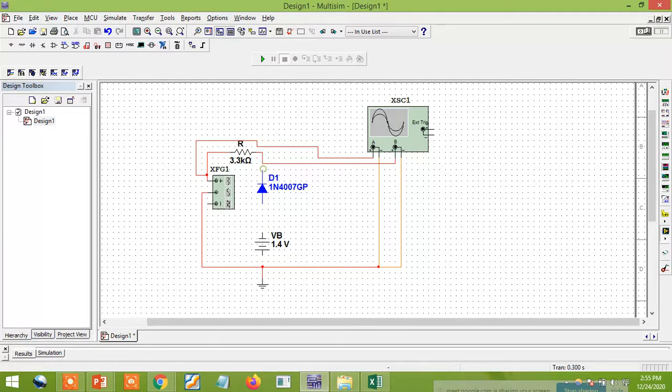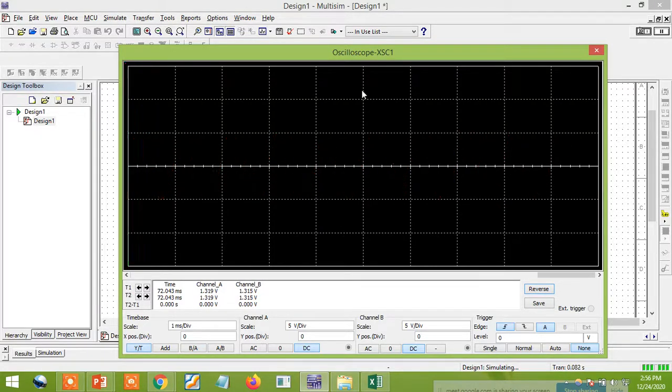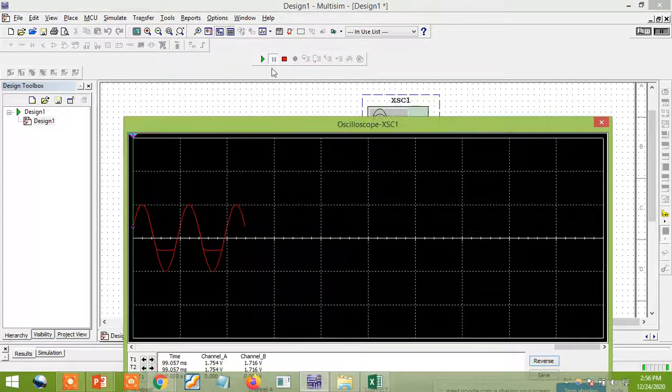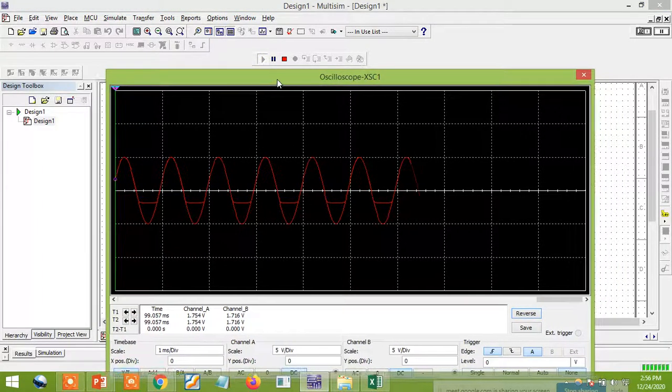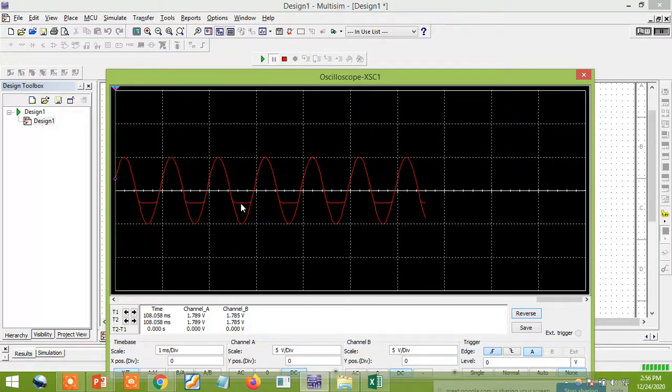How to do it? Just connect from here to here, and here to here, and here to here. That's all. Then you can see the waveform. I'm not going to change anything, because we designed for 1.4 volts only we are getting, right? Then you can play and you can see. Now we can see the completely same waveform, but I'm getting some voltage at the negative peak, it is clipping. If you want to see that, just stop, and click on this output waveform, then you can easily analyze.